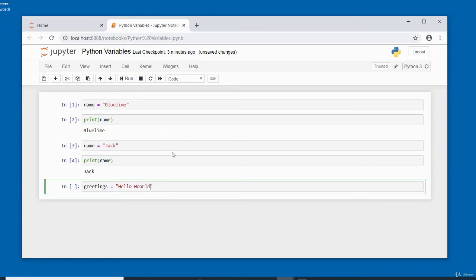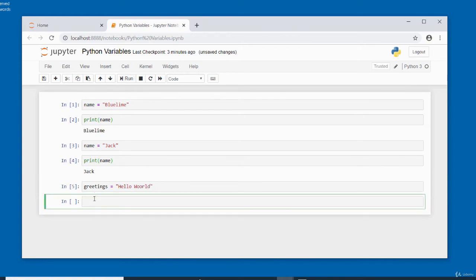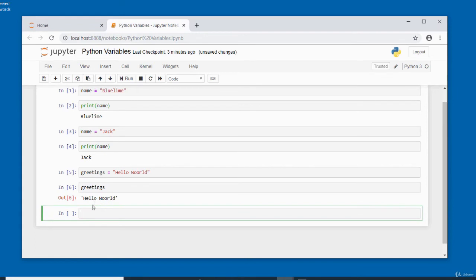All right, so that's going to be the value that this variable called greetings is going to store. So I'm going to run it, nothing will happen. Each time I want to reference this variable, I can just call it by its name. If I call it greetings and return and click on the run, you can see here it has returned the